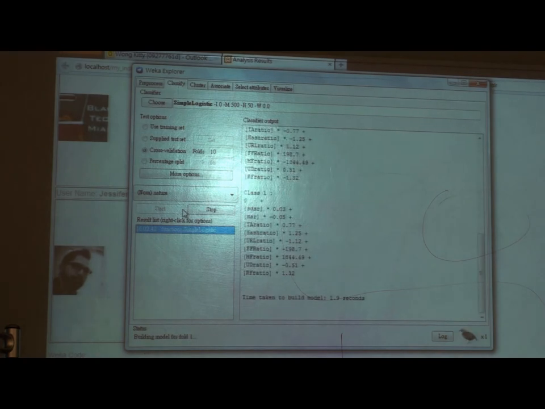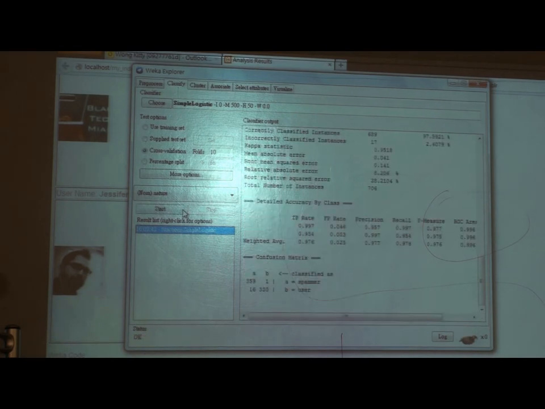This will take some time for the analysis, and the process of the analysis is shown clearly here. You can also see that it's carrying out different folds. And after the 10th fold, the results will be generated.